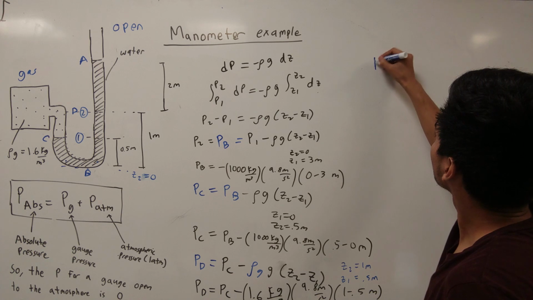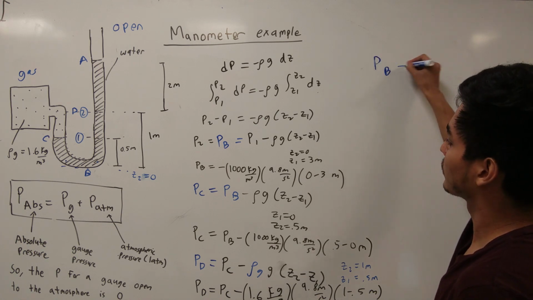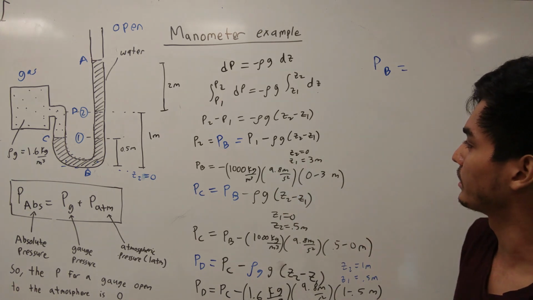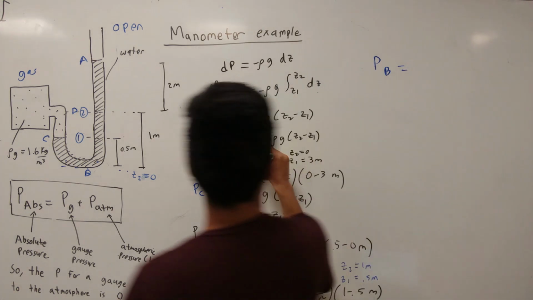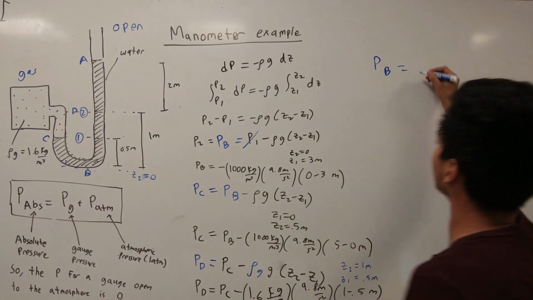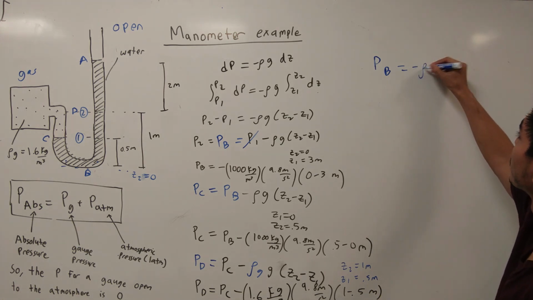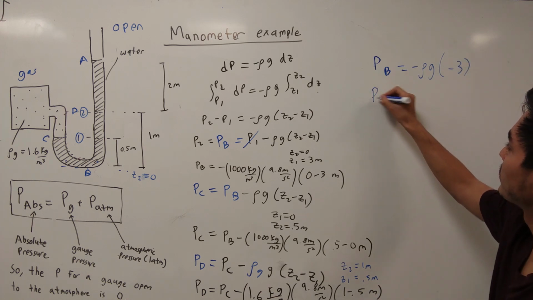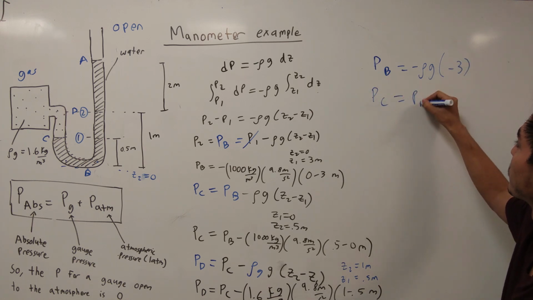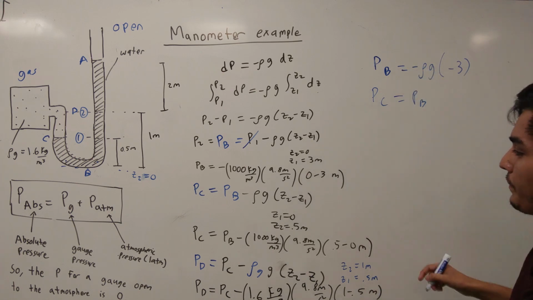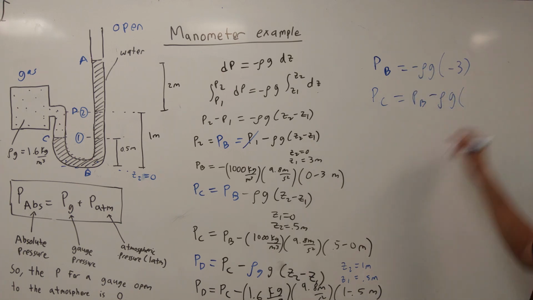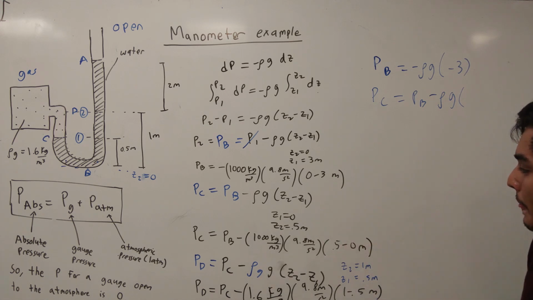PB, the pressure at B, is going to be the pressure at 1, which is going to be negative rho G times negative 3, right? PC is going to be the pressure at B, which is right there, minus rho G times 0.5,